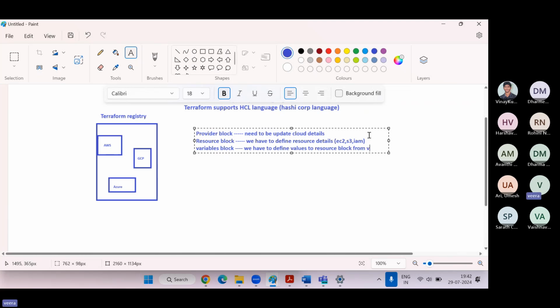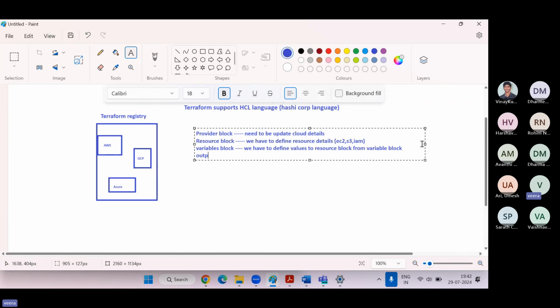Instead of hard coding the values, we have to create a variable block. From this variable block, we insert the values into the main resource block.